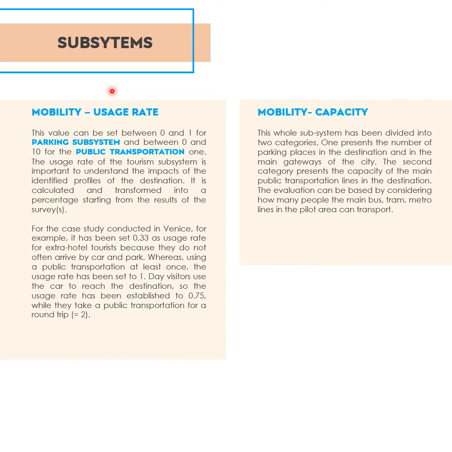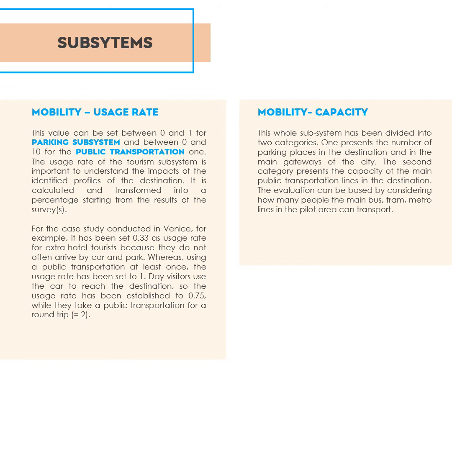The usage rates can be set between 0 to 1 for parking and 0 to 10 for public transportation. Again, an example has been provided as follows. This whole subsystem has been divided into two categories. One presents the number of parking places in the destination and in the main gateways of the city. The second category presents the capacity of the main public transportation lines in the destination. The evaluation can be based on considering how many people the main bus, tram, metro lines in the pilot area